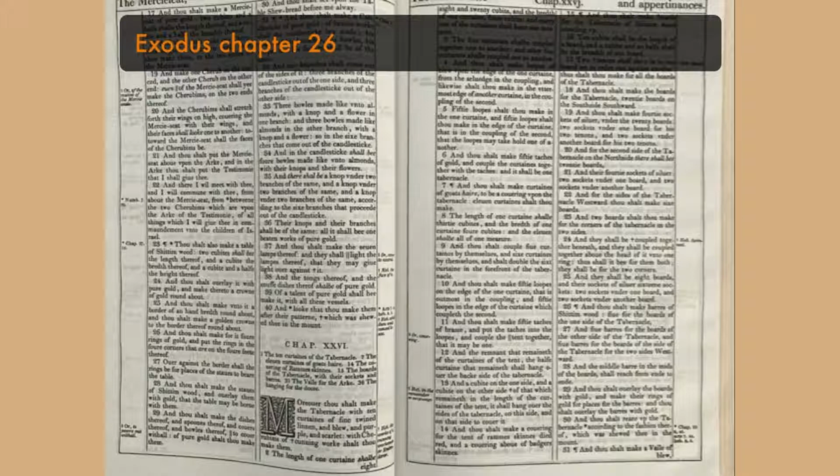And thou shalt make loops of blue upon the edge of the one curtain, from the selvage in the coupling, and likewise shalt thou make in the uttermost edge of another curtain in the coupling of the second. 50 loops shalt thou make in the one curtain, and 50 loops shalt thou make in the edge of the curtain that is in the coupling of the second, that the loops may take hold one of another. And thou shalt make 50 taches of gold, and couple the curtains together with the taches, and it shall be